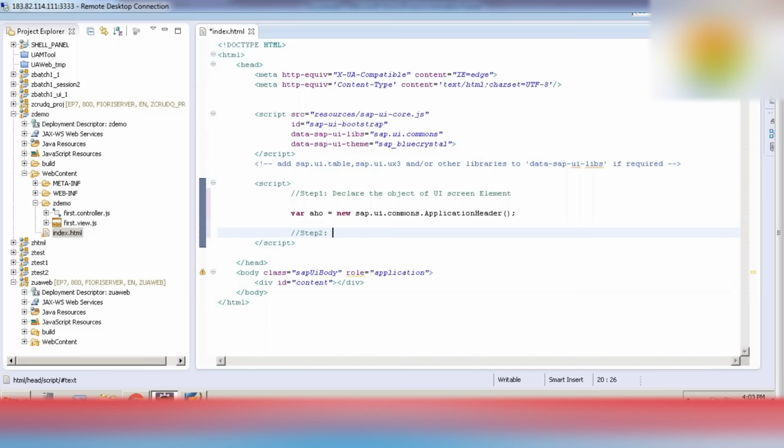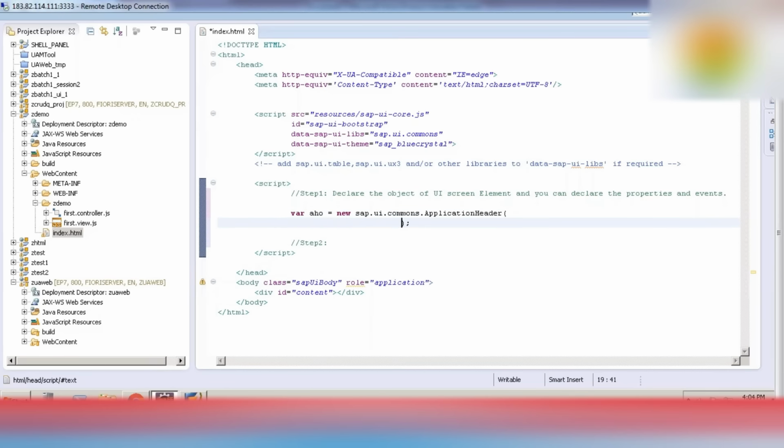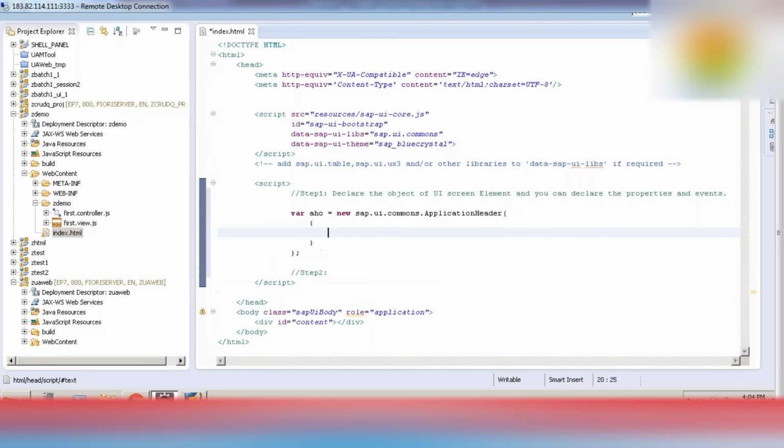In the second step, here one more thing you can do is declare different properties and events if you want. Let's suppose you have some properties like property 1, so you have to use curly braces as well.